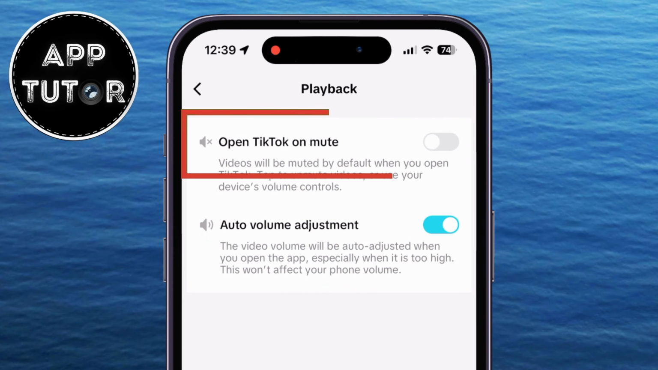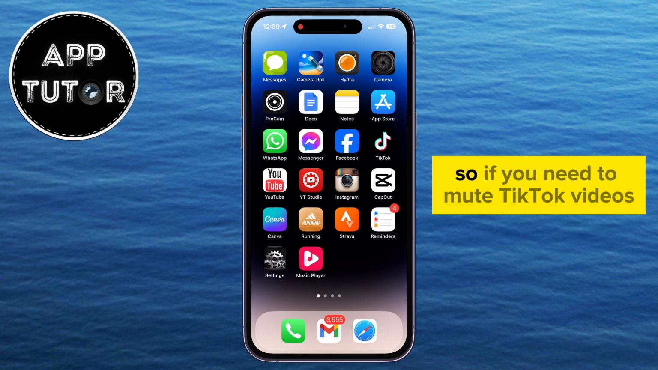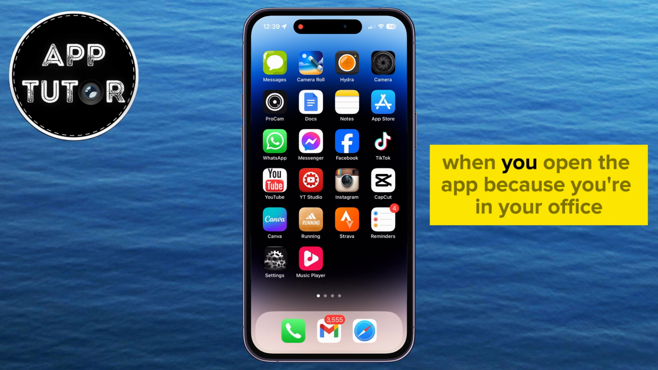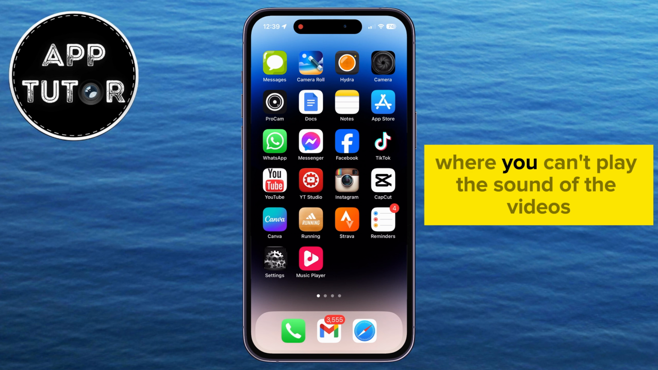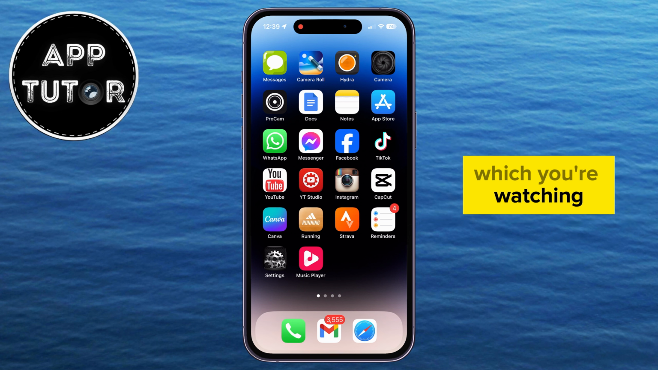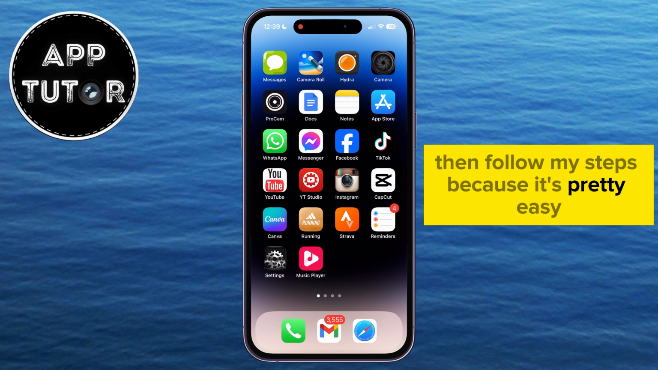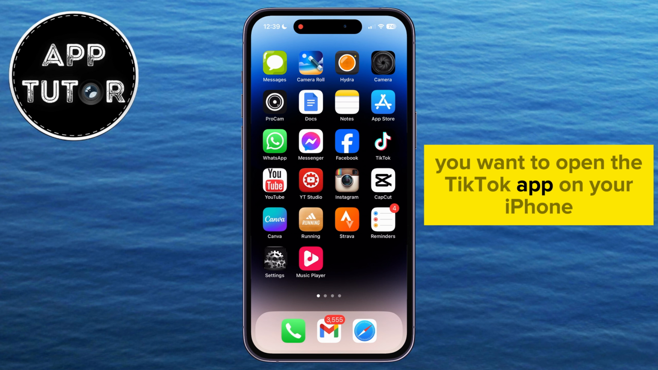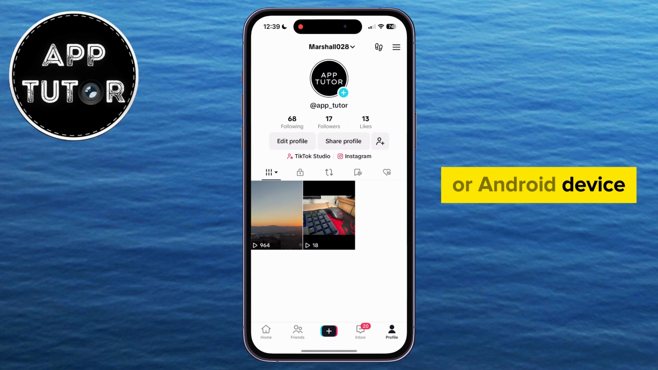In this TikTok video, we're going to show you how you can open TikTok in mute mode. So if you need to mute TikTok videos when you open the app because you're in your office, at school, or another place where you can't play the sound of the videos which you're watching, then follow my steps because it's pretty easy. You want to open the TikTok app on your iPhone or Android device, and then go over